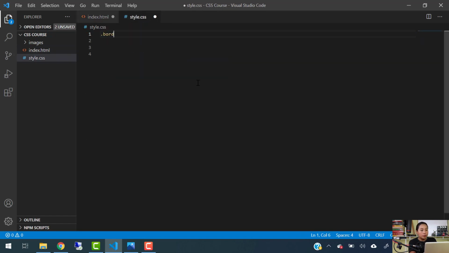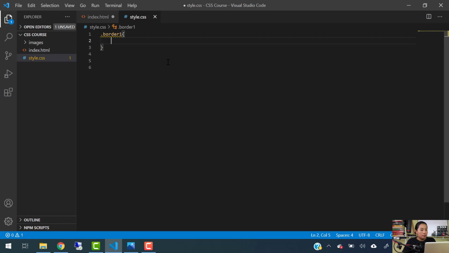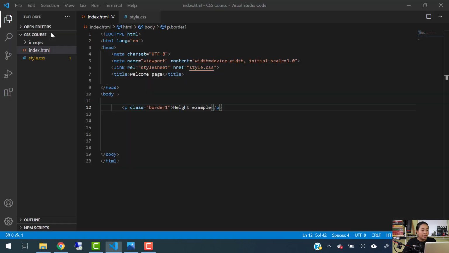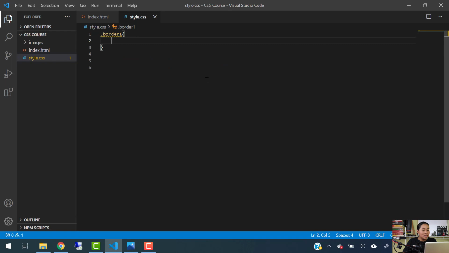So we're going to call border 1, and we're going to open this right now here. Let's just make sure we save this, and let's see. Okay, the height example. Okay, that changed, so we're good there. So now let's go to style. If we want to see how the style is going to change and actually how the height is going to affect everything in here, what we're going to do